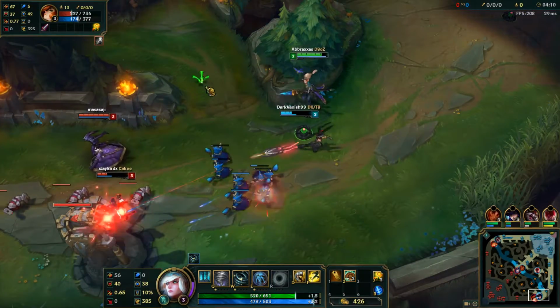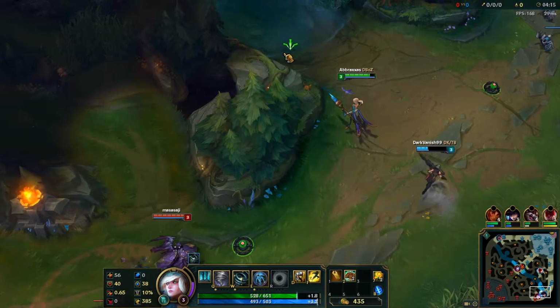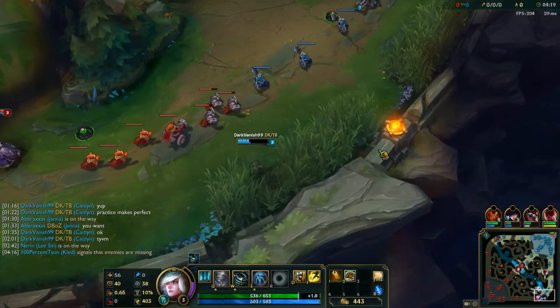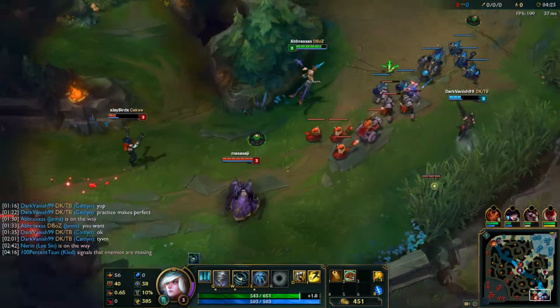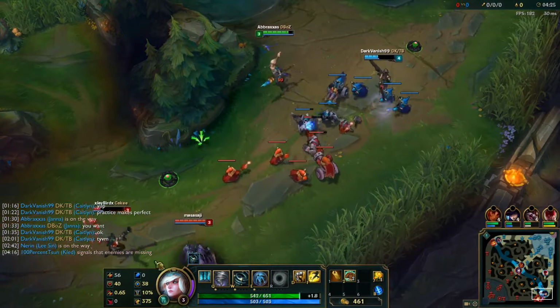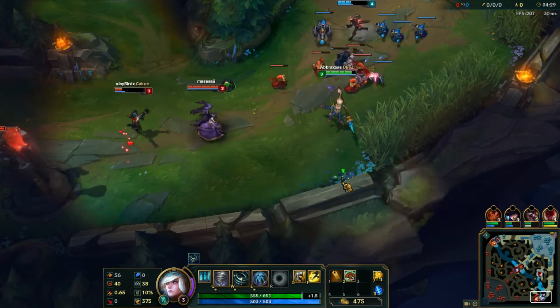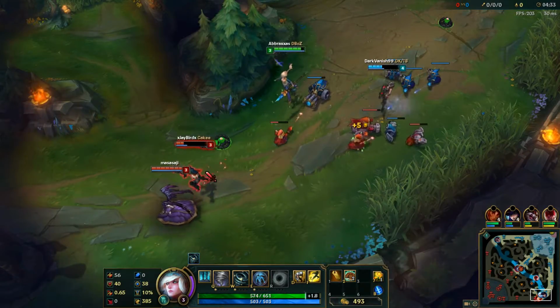Oof, I should have shielded that. I messed that up. Who is their jungler? Bear, so we have to be a little on the careful side. Okay, she's not gone. I just want to zone her off of the CS as much as possible. If Morg binds me, that's going to suck, but...